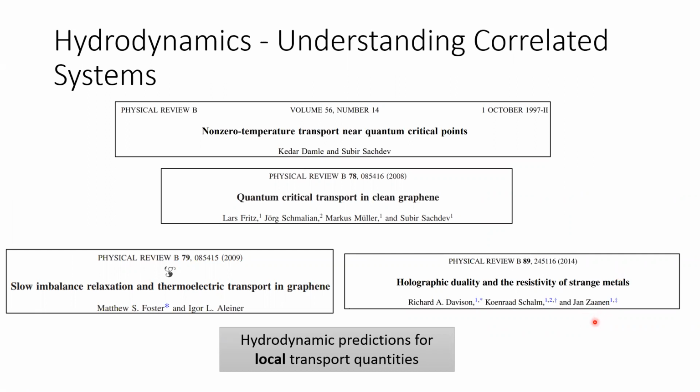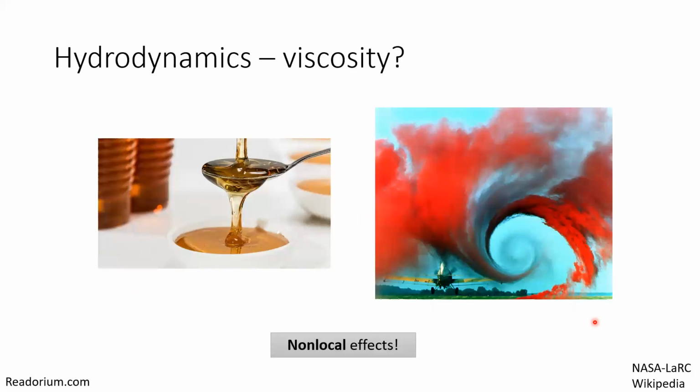In the past, the observables people have looked at are primarily local in nature: things like DC conductivity, thermal conductivity, Wiedemann-Franz ratios, etc. But more recently, we've become interested in viscous effects, which lead to non-local